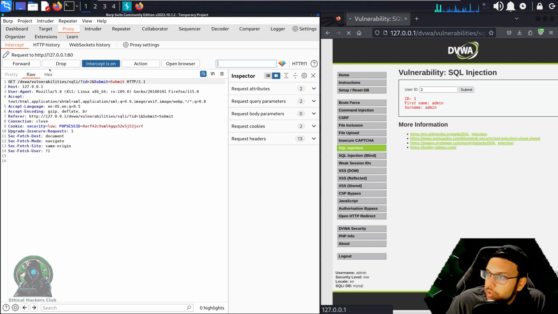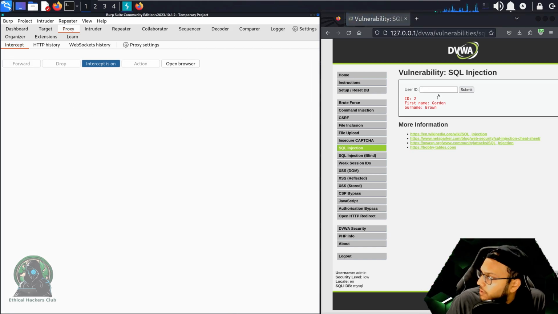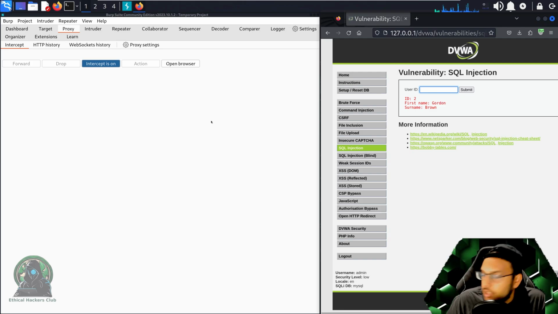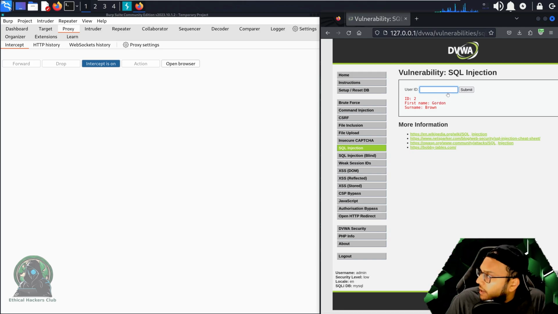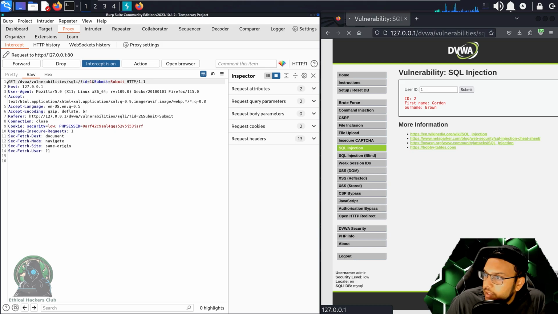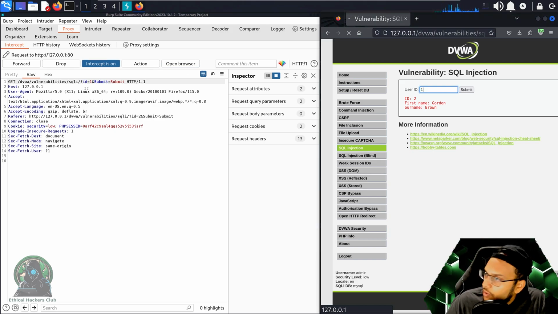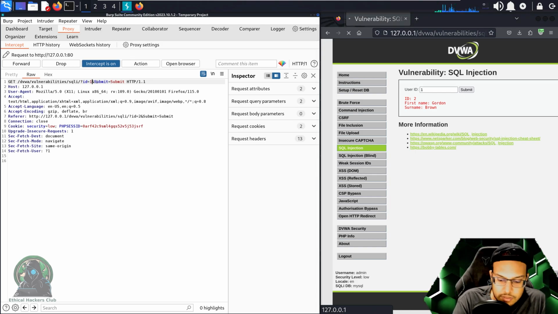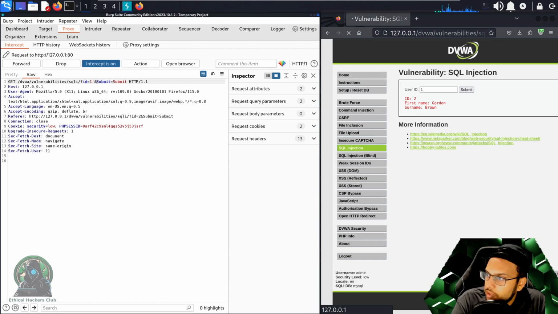If we try 2, we can do the same thing. We can see that, and we do get a user there. So this gives us the idea that we can maybe perform a SQL injection technique. And so what we can do now is, let's say we submit 1, we can modify this query right here in the raw HTTP header and send that off to the site. So let's try to modify this GET request and change this to a SQL query. So we can say 1